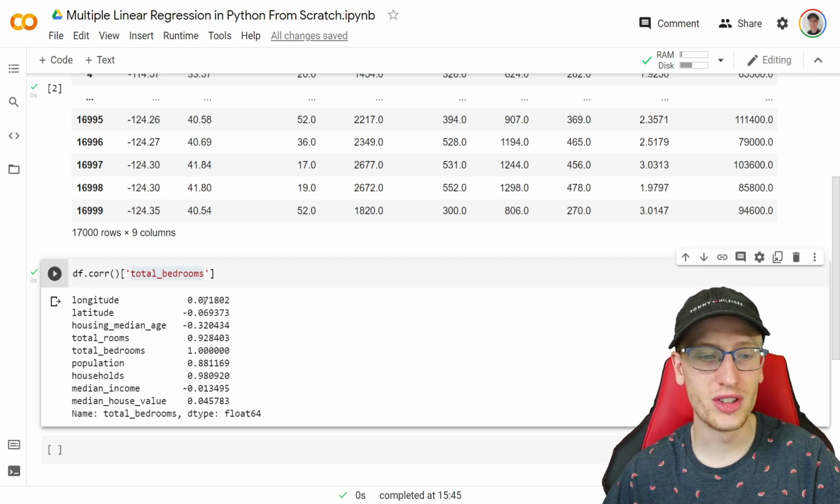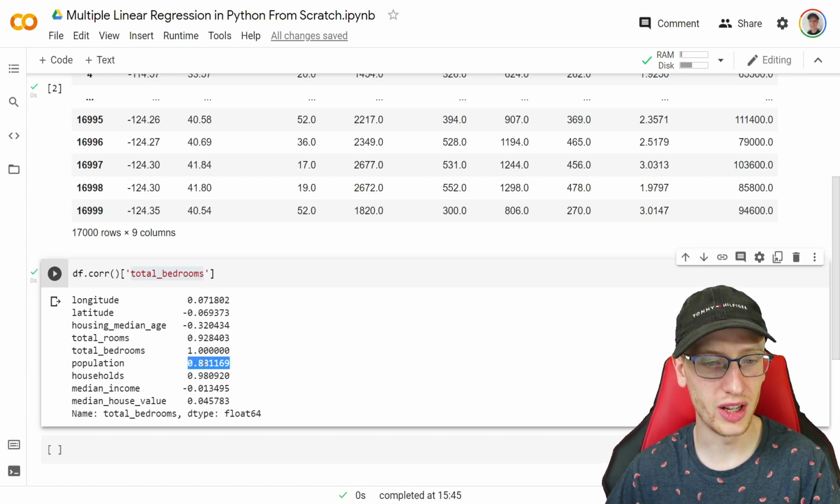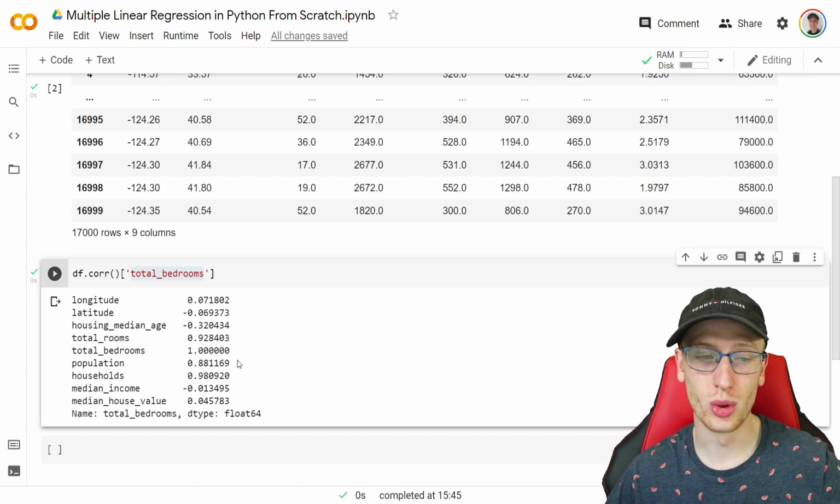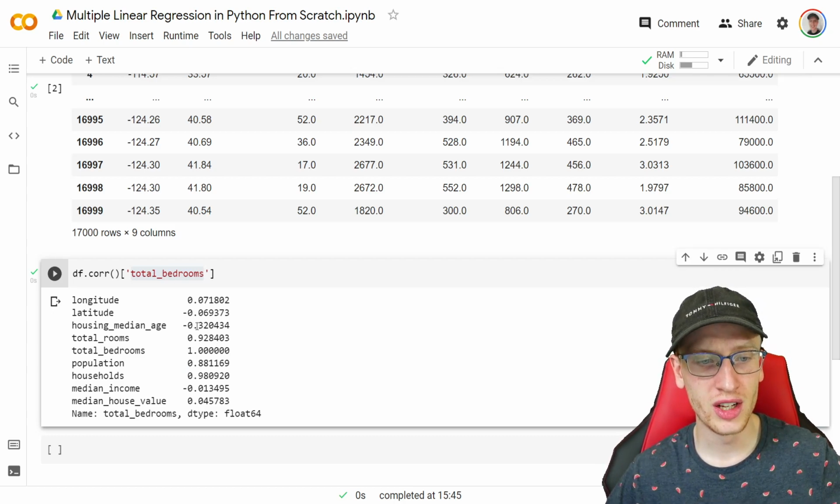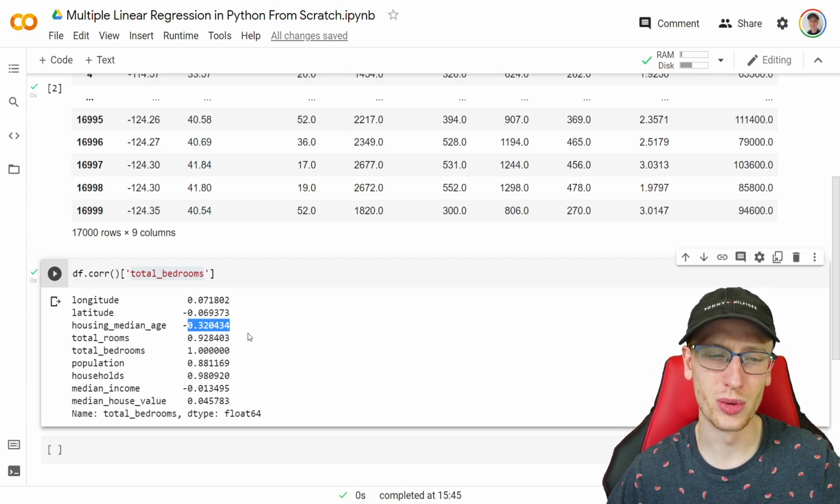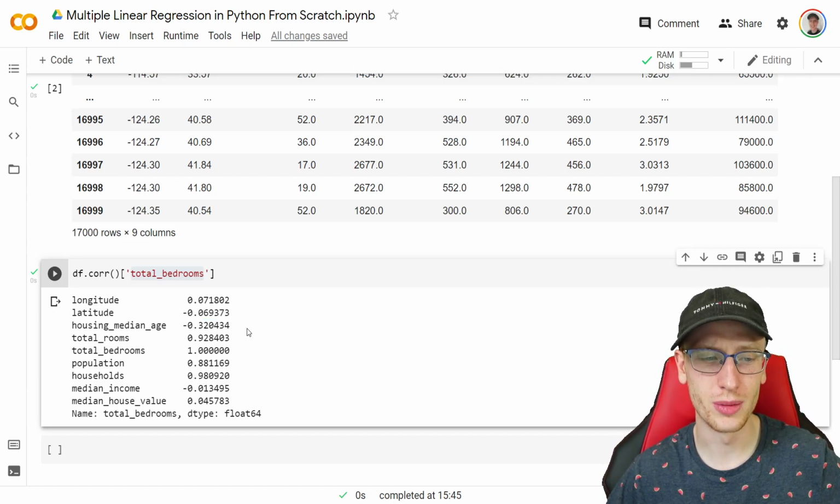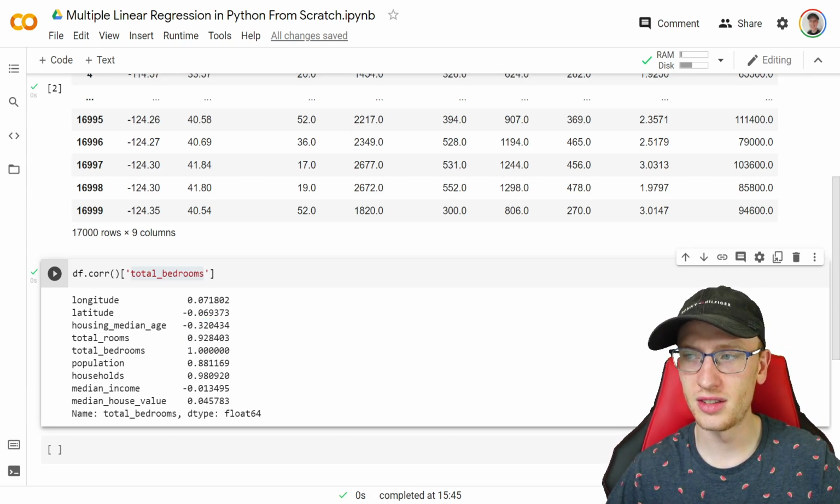So 0.07 is not close to 1. That means there's not a very strong correlation. And 0.8 or 0.88, 0.92, 0.98, these are very strong correlations. So these are of interest to us. Negative 0.32 is kind of borderline. It's like, okay, there might be something here. But what we're going to look at today